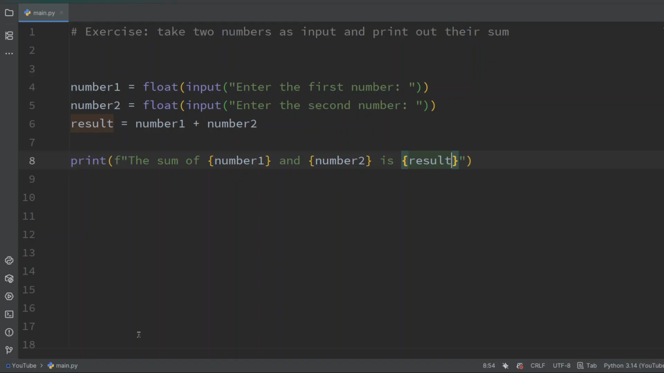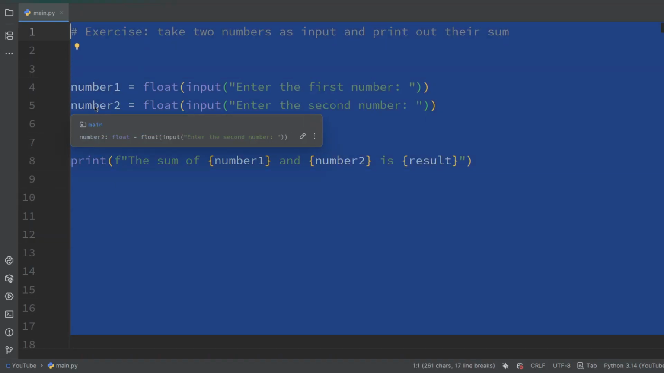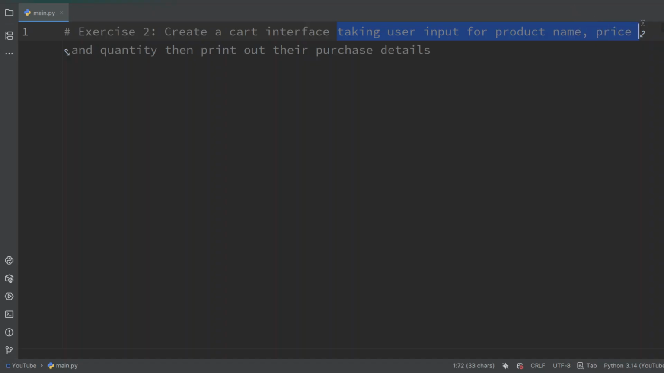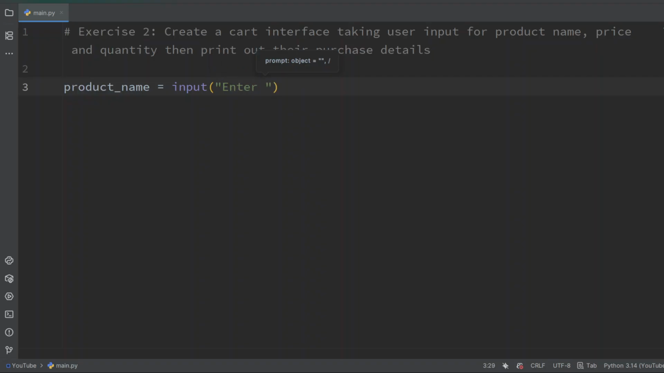Now this was our first exercise, and the second one we're going to do is going to be this. We're going to create a cart interface taking user input for product name, price, and quantity, then print out their purchase details. So we're gonna see what it's gonna be about. And first of all, we need to take user input and store them in a variable. So let's just simply name it product underscore name equal input. It's gonna be string. So we do enter the product name,